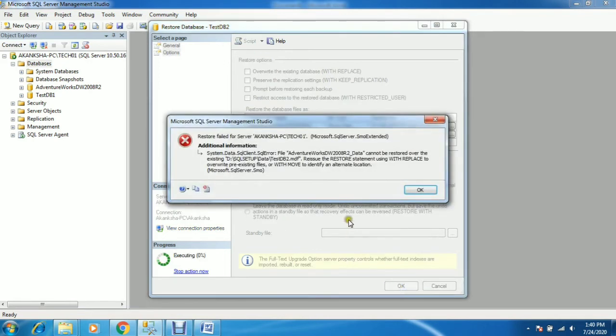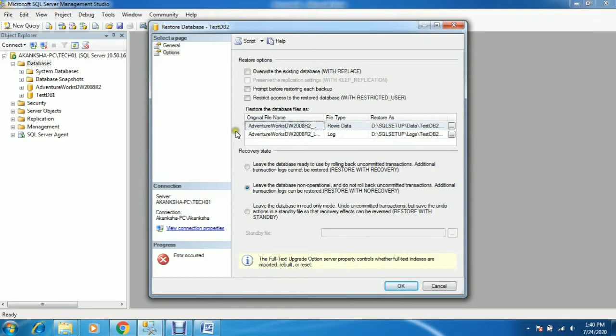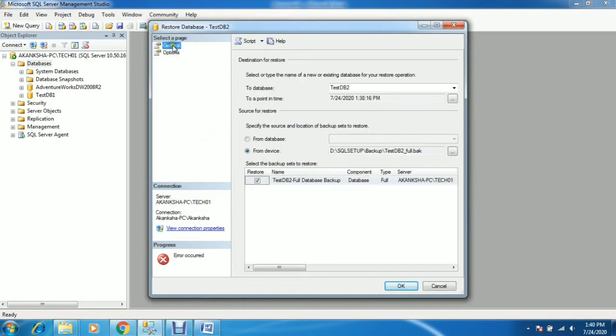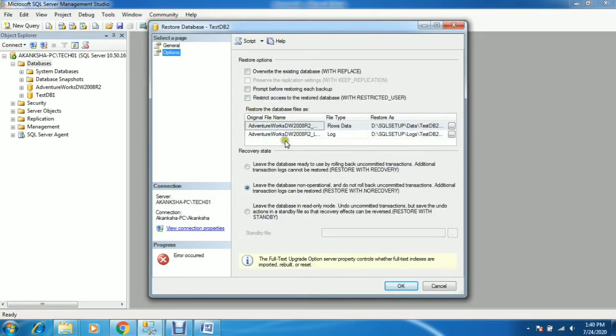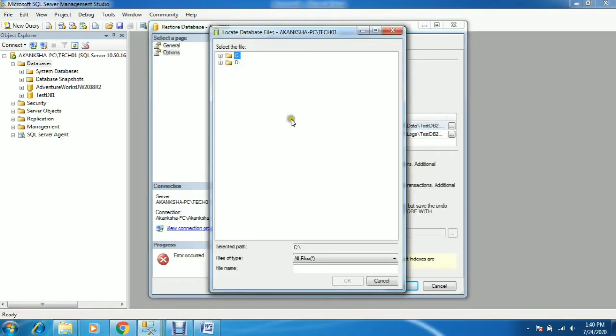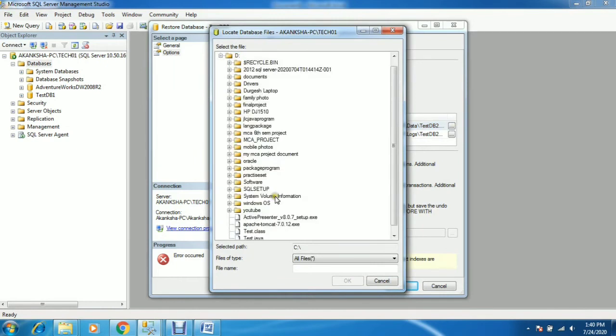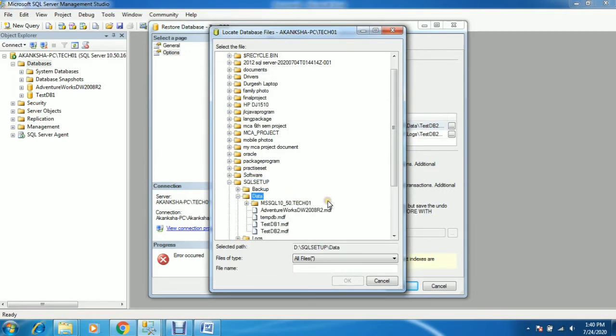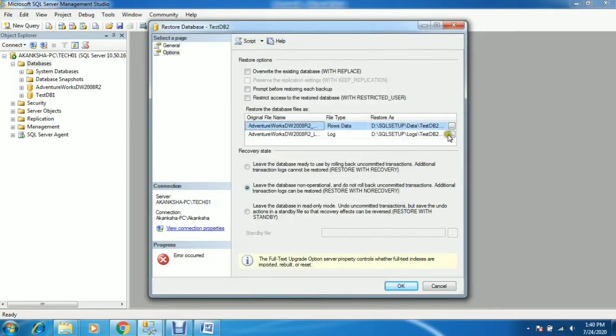Click on OK. I'm getting an error, probably because the file of the deleted database testdb2 is still present locally. You can either delete the file from that location, or use the same file and overwrite. So go to your data location and select the same MDF file, click on OK.